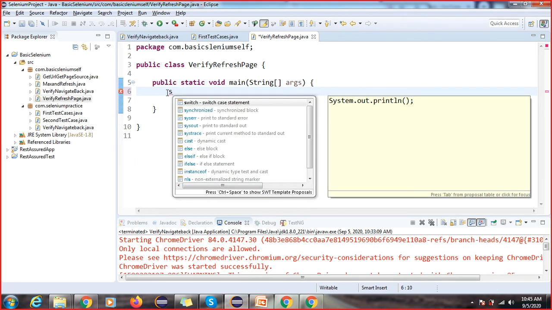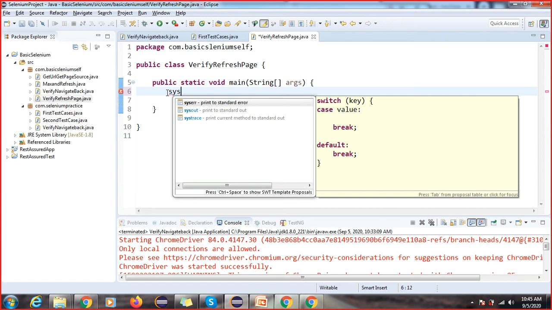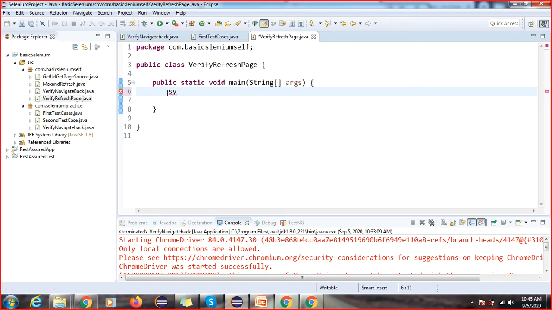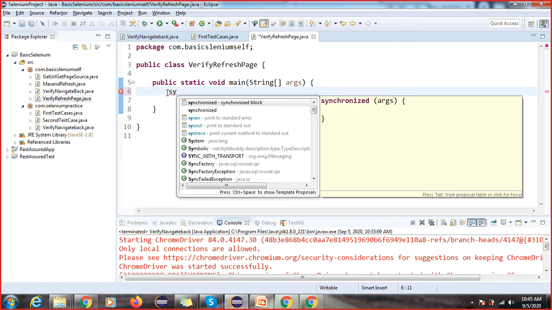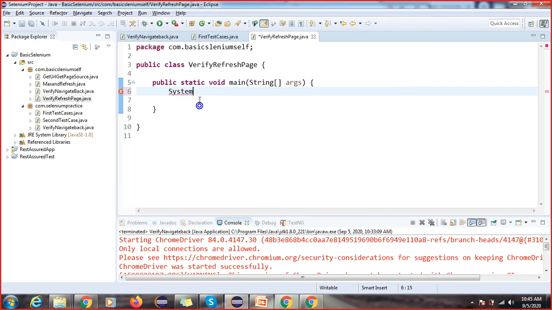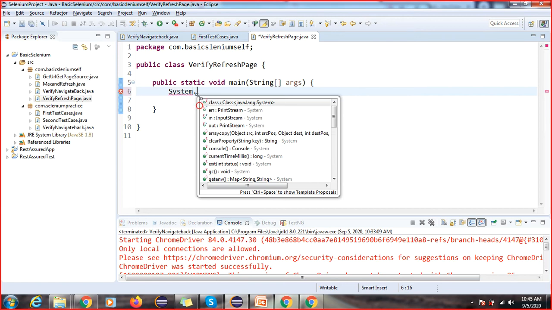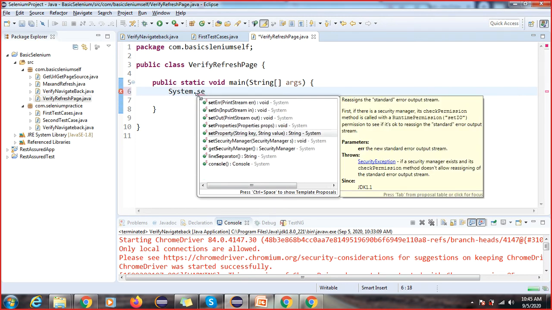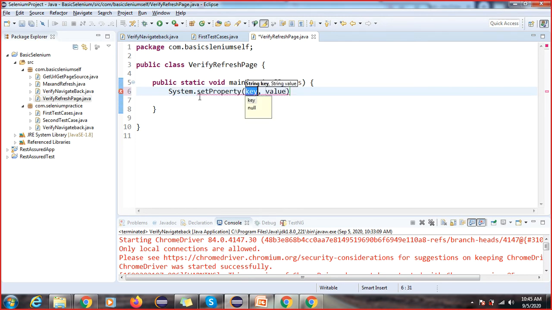System, you can see where this System is coming from, the java.lang package. Now setProperty. I will just copy paste the same. In the coming sessions we will not write this. I am just writing it for a few test cases for your practice purpose.